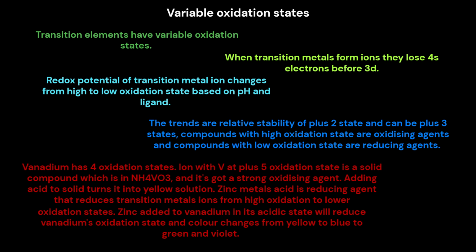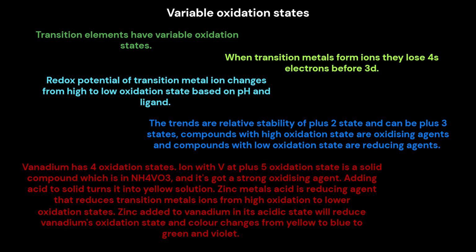Vanadium has 4 oxidation states. The ion with V at the +5 oxidation state is a solid compound, NH4VO3, and it's a strong oxidizing agent. Adding acid to the solid turns it into a yellow solution. Zinc metal in acid is a reducing agent that reduces transition metal ions from high oxidation states to lower oxidation states. Zinc added to vanadium in its acidic state will reduce vanadium's oxidation state, and the color changes from yellow to blue